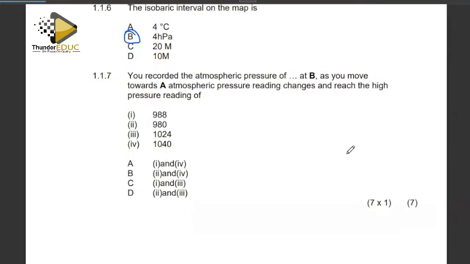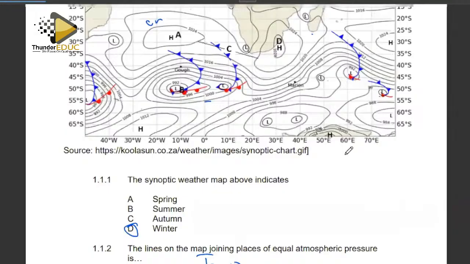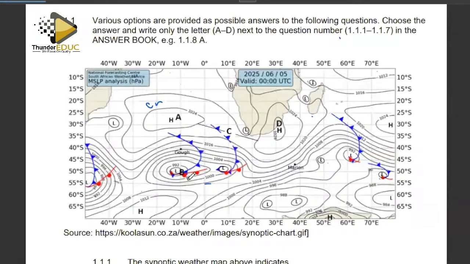You recorded the atmospheric pressure of dash at B. As you move towards A, atmospheric pressure reading changes and reaches the high pressure reading of. Right, if you check here, we are comparing area B. This is area B and this is area A. Right, so what it means here is at B, our pressure reading,